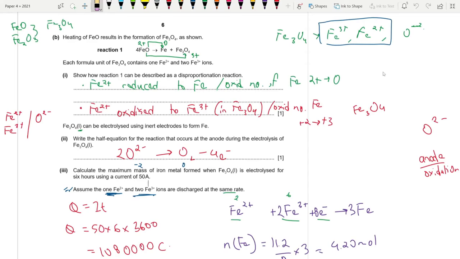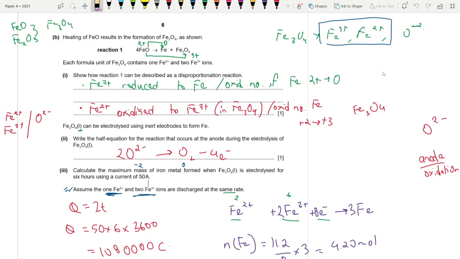Get it? Moving on, calculate the maximum mass of iron metal formed when Fe3O4 is electrolyzed for 6 hours using a current of 50 amperes. Assume that one Fe2+ and two Fe3+ ions are discharged at the same rate. So something really funny happened. Basically, my student gave me this sum to do a few months back. So he wasn't able to do it,